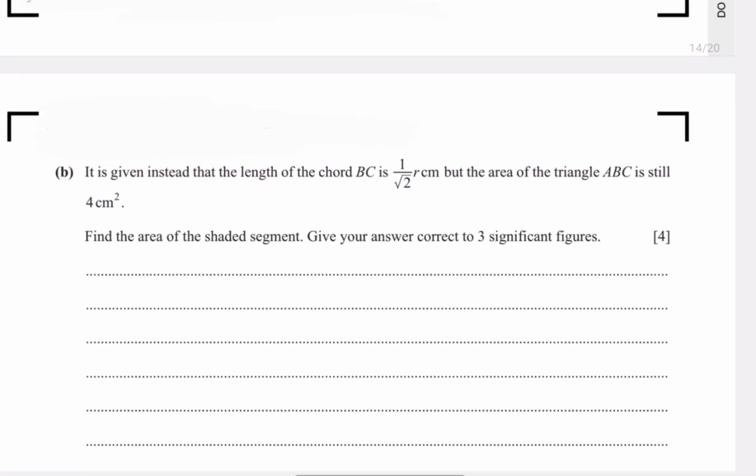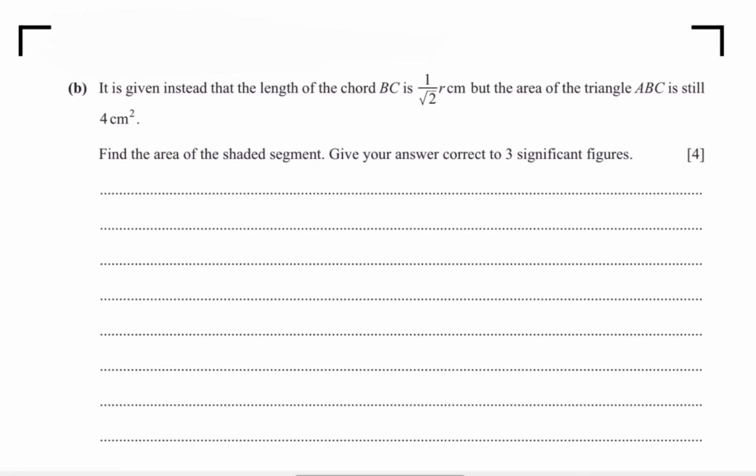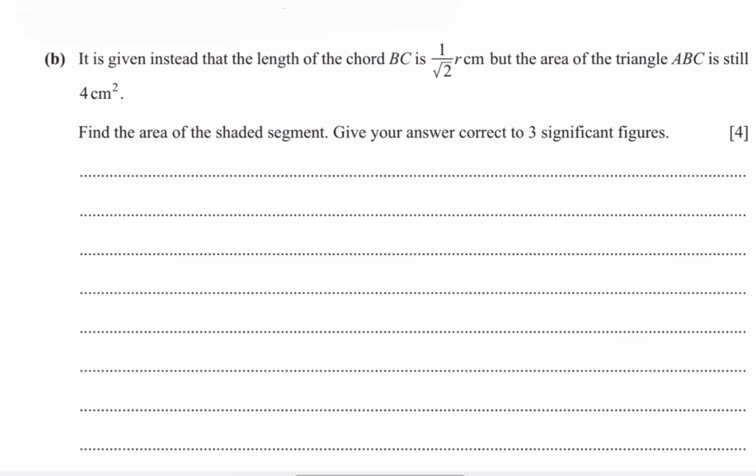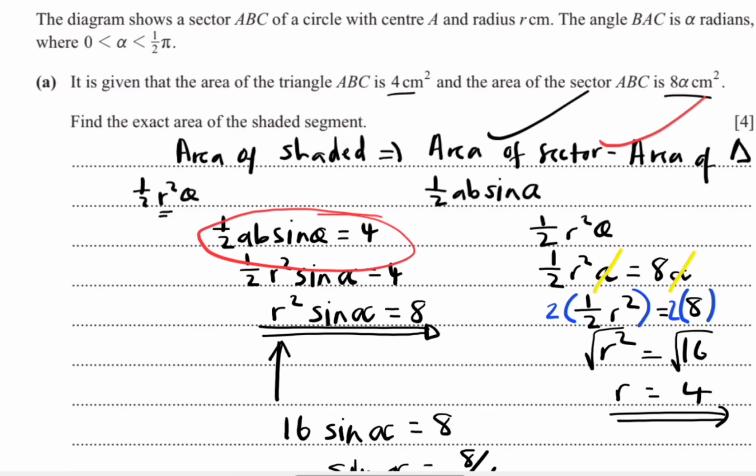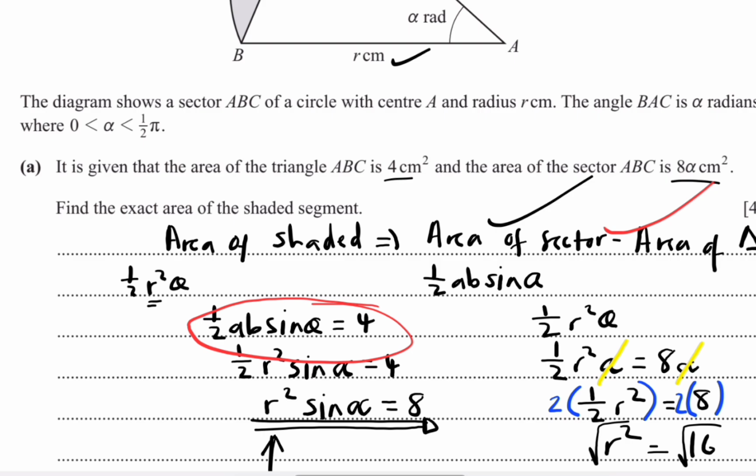And part B is now saying it is given instead that the length of the chord BC is 1 over root 2 r centimeters, but the area of the triangle ABC is still 4 square centimeters. Then it says find the area of the shaded segment, give your answer correct to 3 significant figures, right? So we're still going to use this, right? We're still using this,